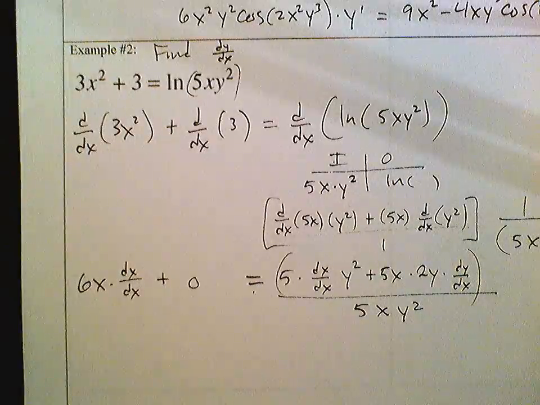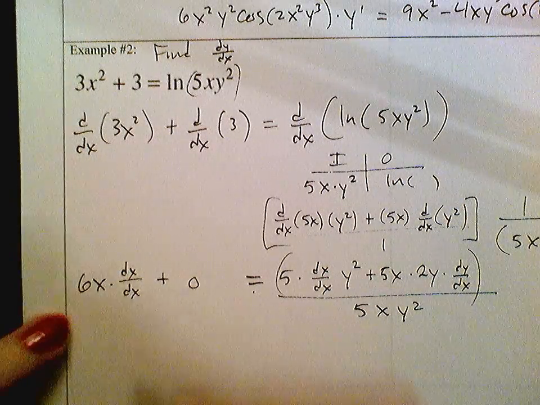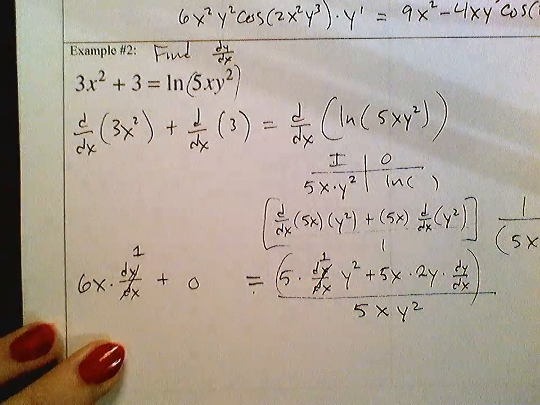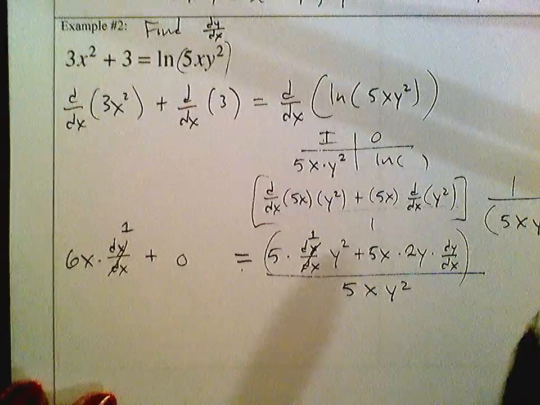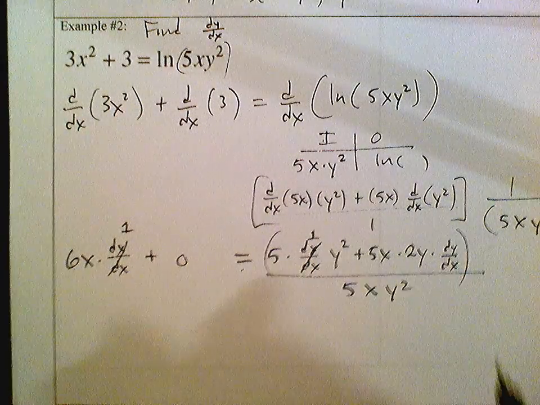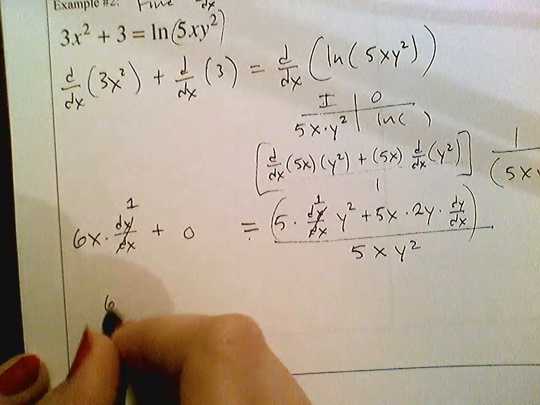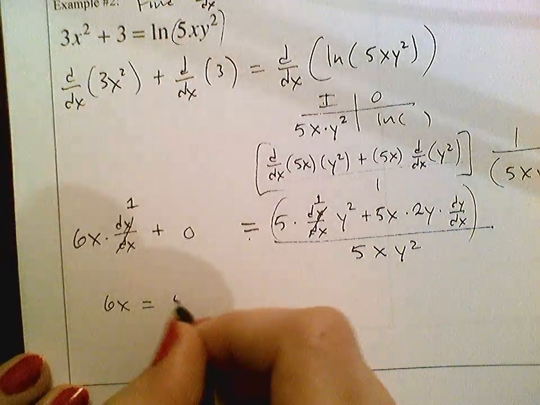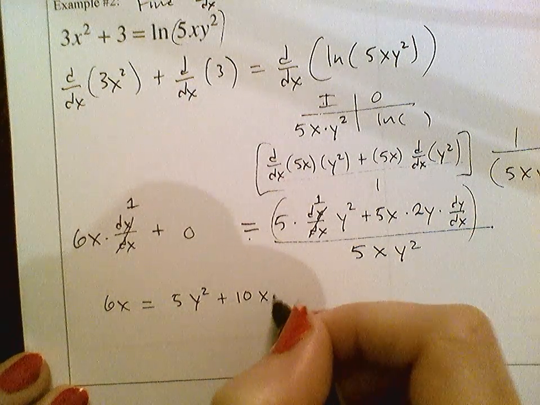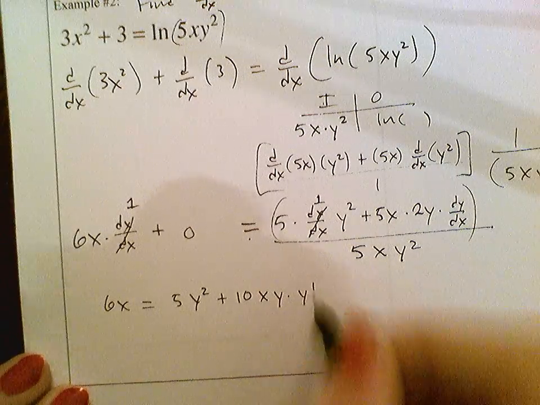The derivative of x with respect to x is just 1. So that's a 1. That's a 1. And then to make the algebra easier, the dy dx, I'm going to change to a y prime in the next line. So this is 6x equals 5y squared plus 10xy y prime